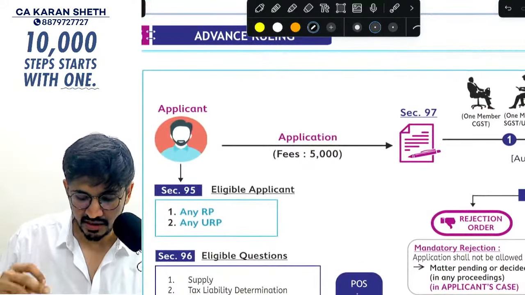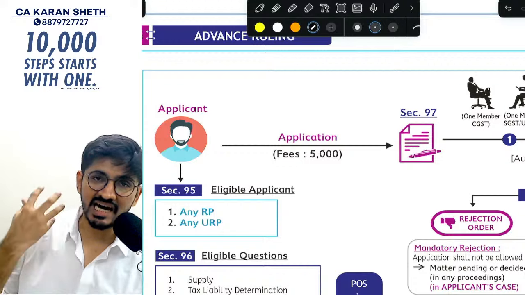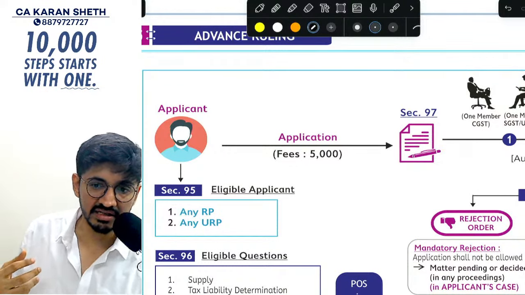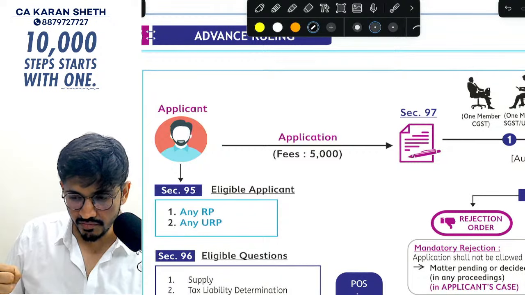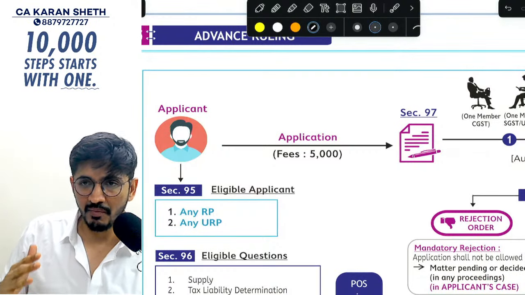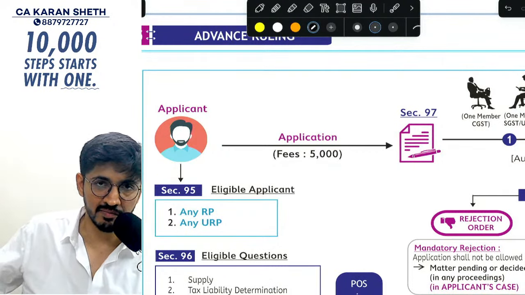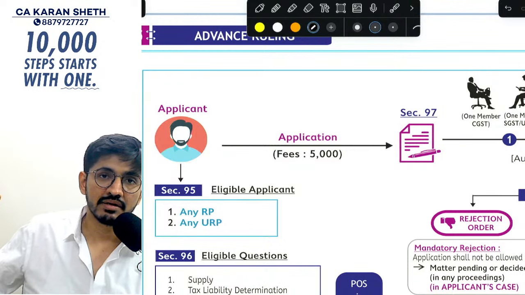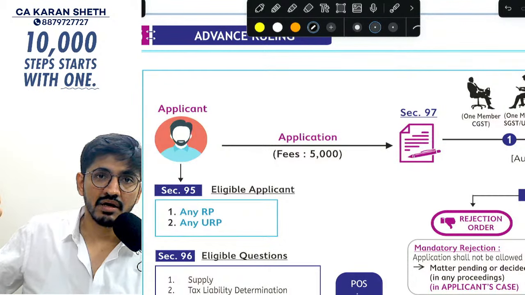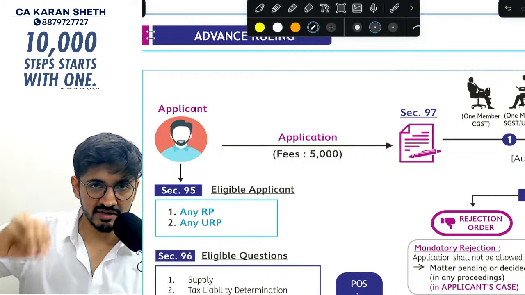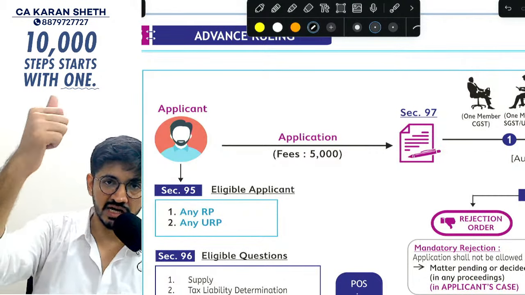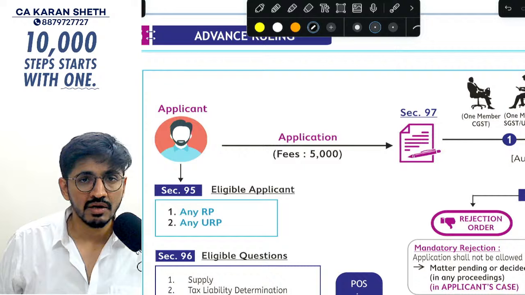Come on, quickly. So understand, if I start my business, okay, or for that matter, if I am already a registered person, I have different businesses, right? And as a registered person, I'm starting my business. So either as an unregistered person or registered person, either I'm starting my business, or for that matter, okay,